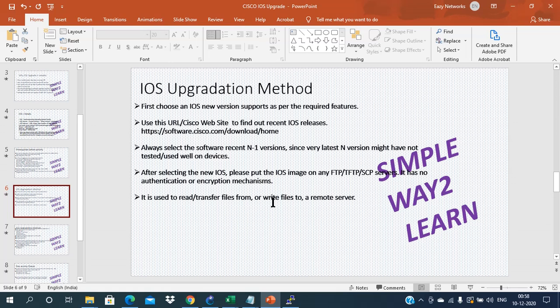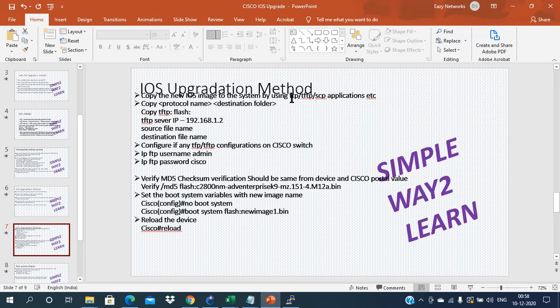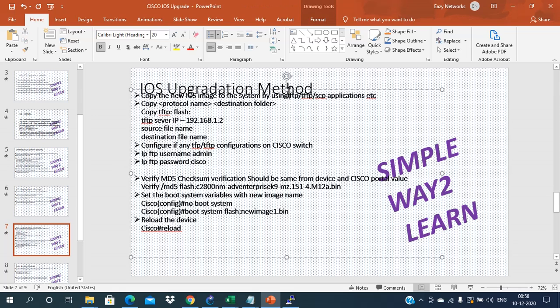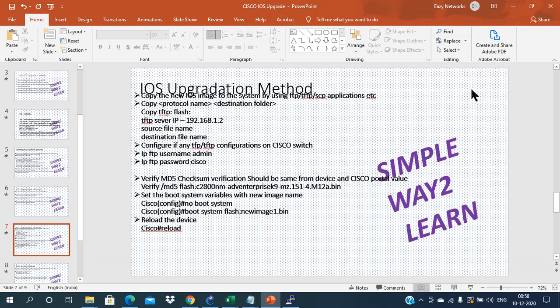Since the file should be transferred from the server to the device, only after the file transfer to the device can we start the iOS upgradation activity. Once you have selected the image, copied the image onto the server, and the server to device connectivity is established,